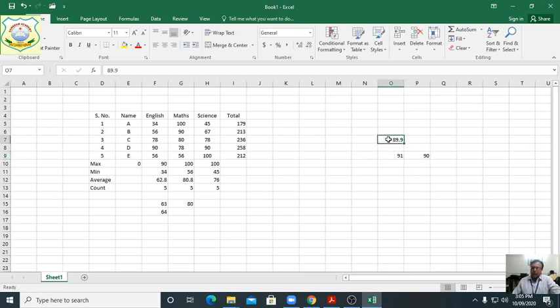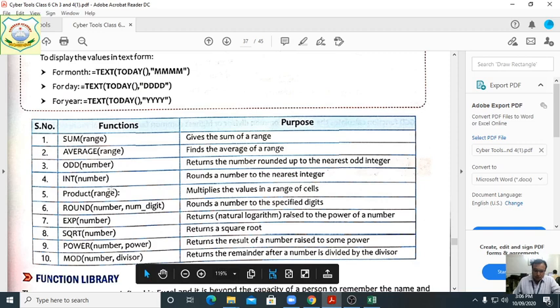If you have taken any decimal number, you want to change it to even, odd or integer. Suppose we are using also INT here, equal INT, bracket, address, close the bracket. See, this is 89, the integer form, so they are different. When we have taken INT, 89.9 gives 89. When we have taken ODD, the same 89.9 gives 91. And in the even case, we have got 90. So now this even option was not given, but we have told students, okay.